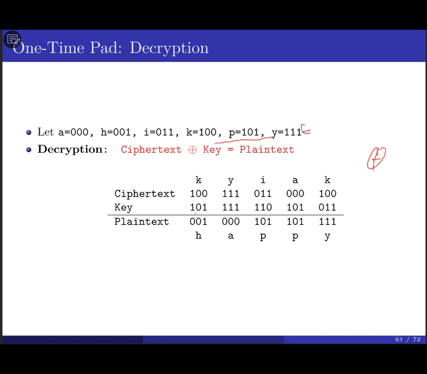Now I try to perform the bitwise exclusive OR. So 1 with 1 would be 0, and 0 with 1 is going to be 1, and with 0, 0, 1, which in this case is going to be happy. So we managed to encrypt and decrypt. So far, so good. But we still keep in mind, the size of the key must equal the size of the message in order to allow us to perform the encryption and decryption.